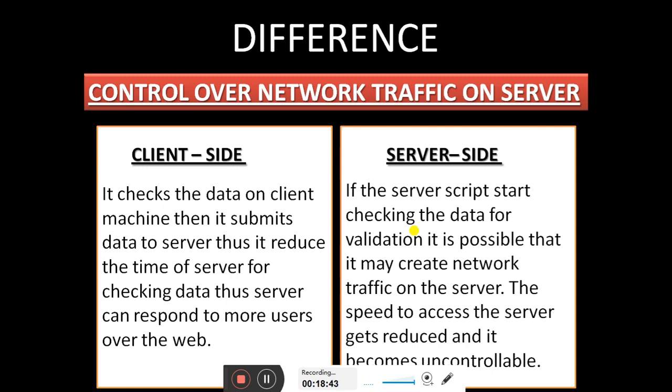So it will take time to send and receive the data again. Till that time, the other clients are waiting for the process because the server is handling client 1. So if the server starts checking the data for validation, it may create a network traffic jam because other users are waiting for the execution process. The speed to access the server gets reduced and it becomes uncontrollable.